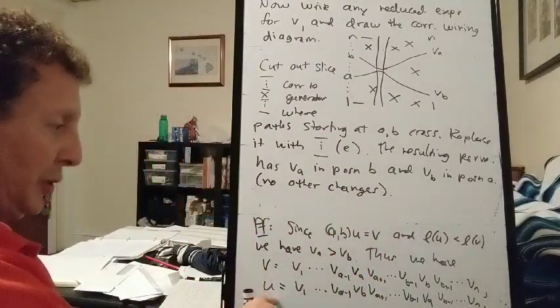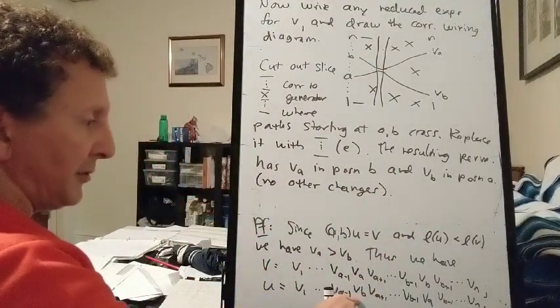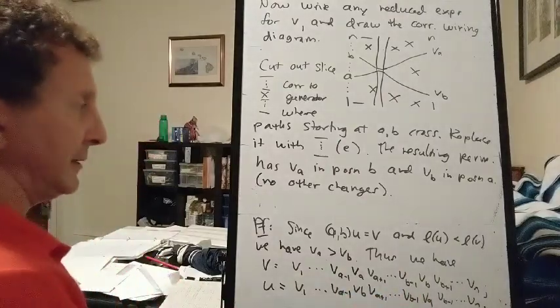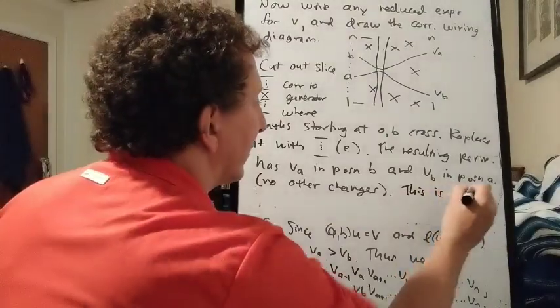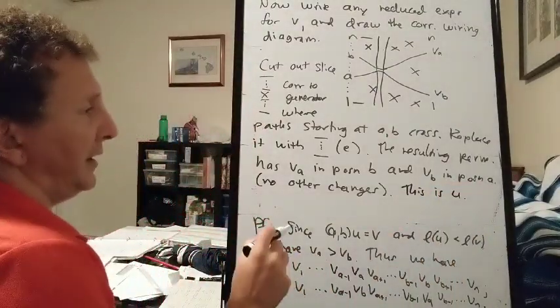But that's exactly what U is. It's got VB in position A and VA in position B. And further